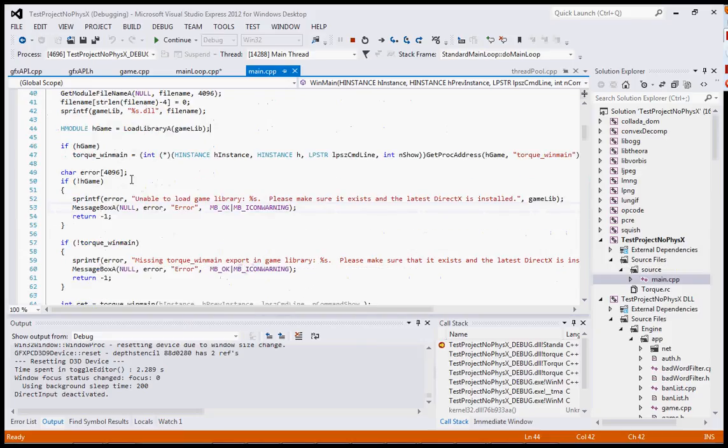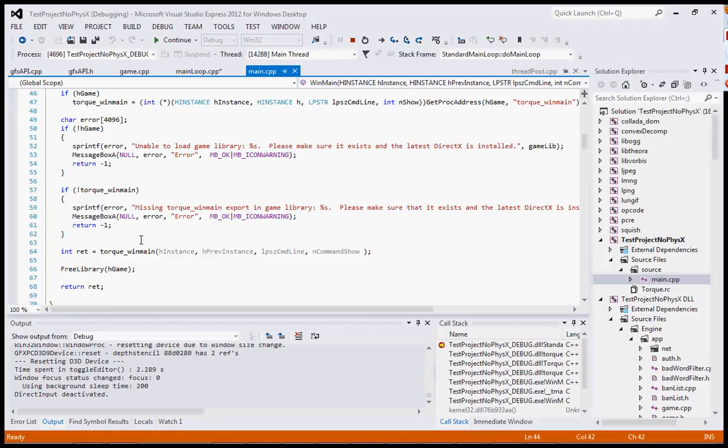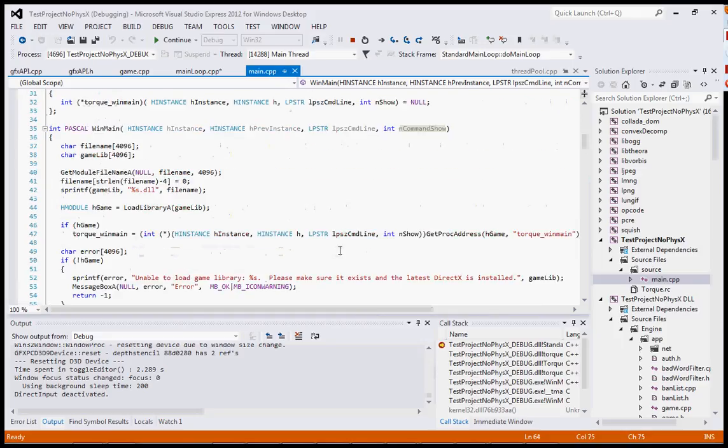This is that condition for the library. This is that condition for the export within the library. So if it opens a library and it can't find torque win main, it does this. If it can't open the library at all, it does this. Here you can see that since torque win main was assigned here, you can actually call it as a function using h instance, prev instance, command line, and command show. I'm not sure. Hold on, what are those? Oh, those are just